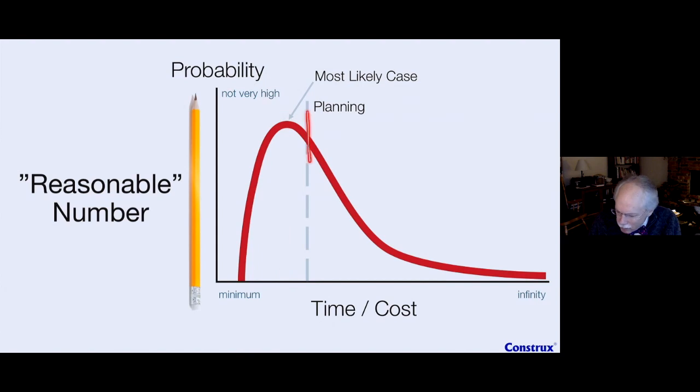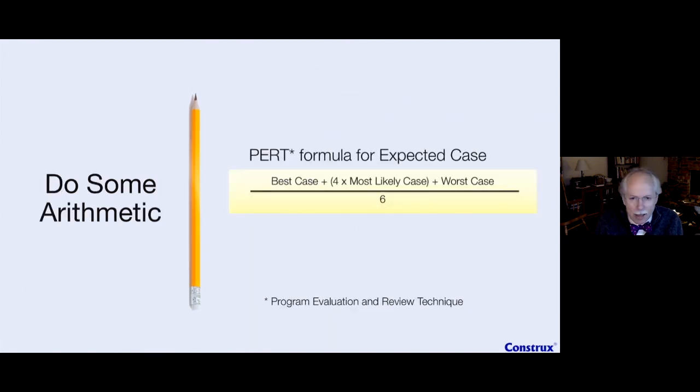Because at 50-50, we should be early occasionally, or at least on time occasionally, right? Because it's a good 50-50. But if I'm down here at 35, I may not have the reasonableness to make it happen. So maybe I want to get closer to this planning number. How can I do that? Well, to do that, we actually have some math, right? There's a math and the thing called the PERT Formula.